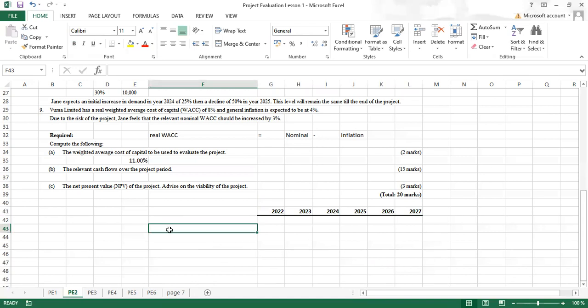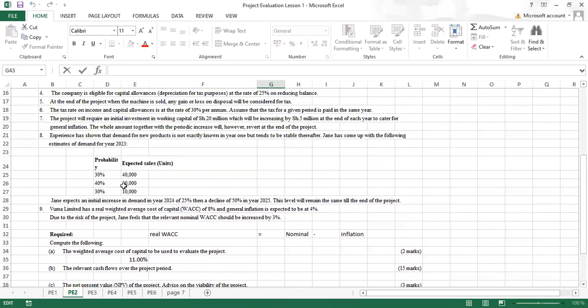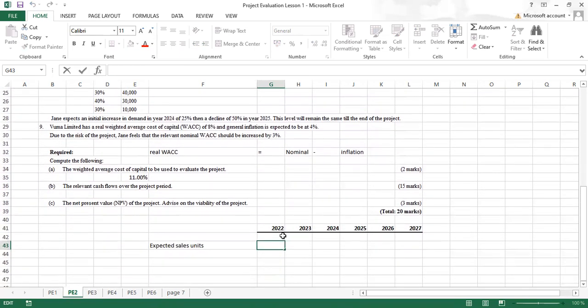So we'll start with the units, like how we were saying the expected revenue. So here will be expected sales units. Go back up here. You have been given the probabilities for the year 2023. So it will be just simple. For the year 2023, equals,